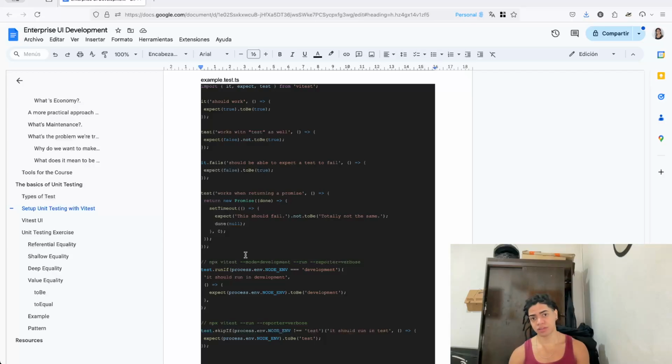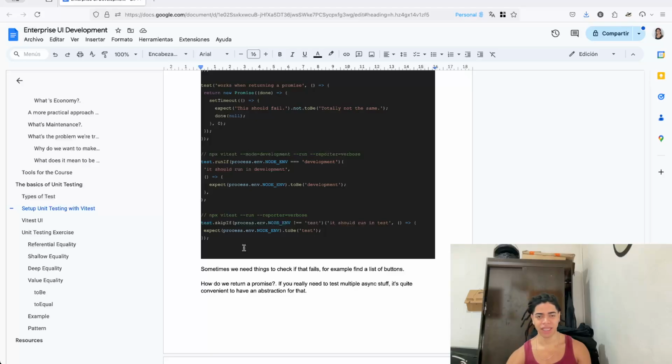You can also run a test by saying, hey, run this test if it fails. Okay, so if this test fails, that's a success. The absence of a test is a success as well. And then some other things like skip if and run if that can be useful